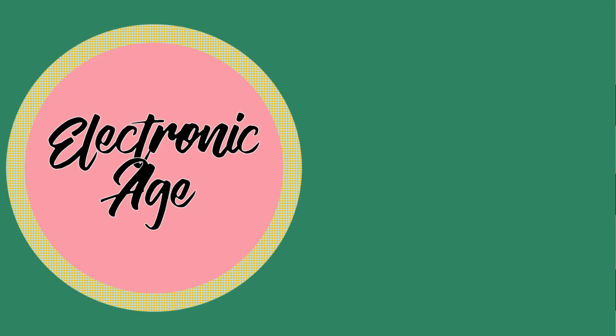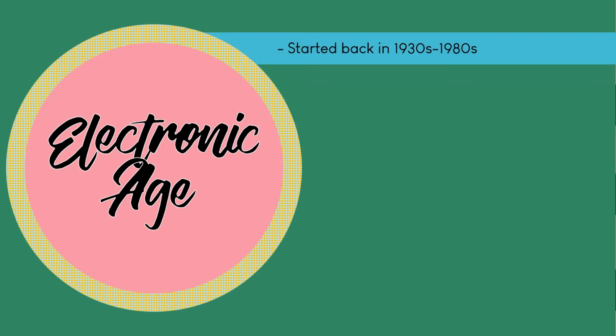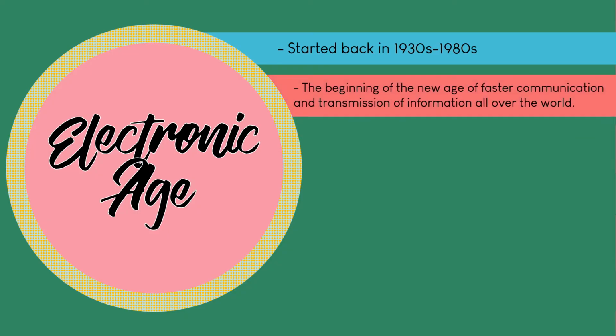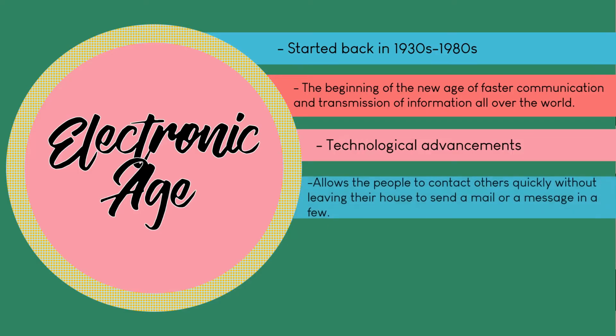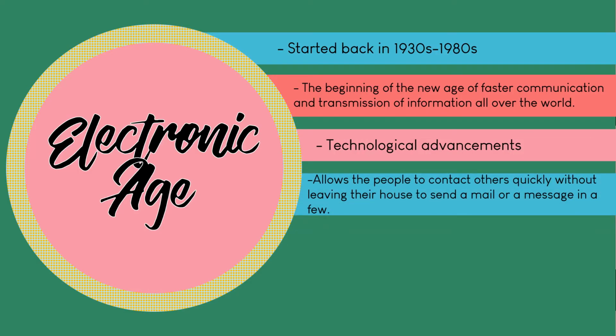Let us now proceed to the electronic age. It started back in the 1930s to 1980s, wherein it is the beginning of the new age of faster communication and transmission of information all over the world. Technological advancements occur during this age. It allows people to contact others quickly without leaving their house to send a mail or a message in a few